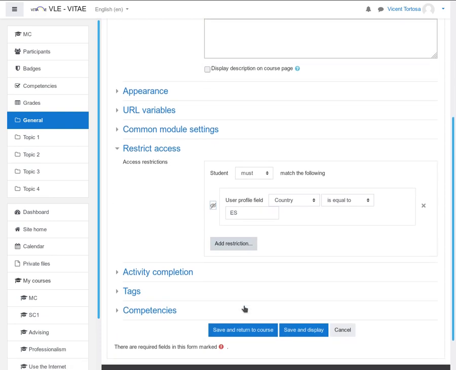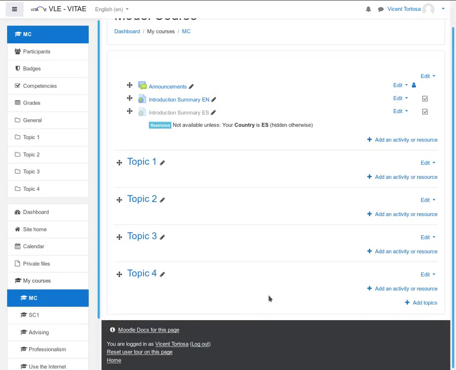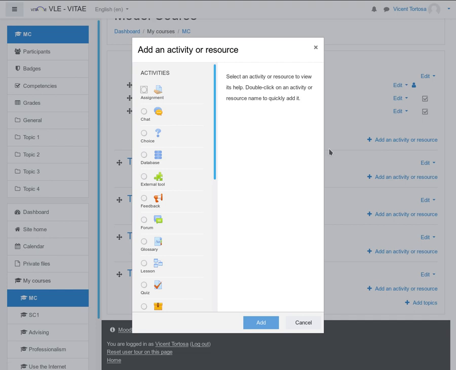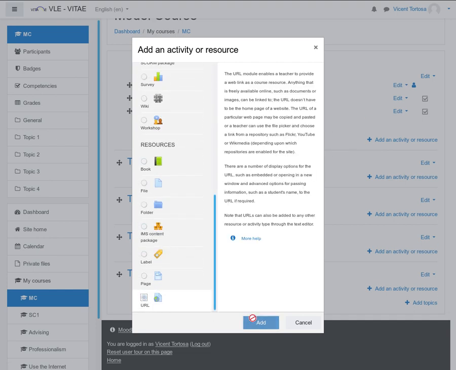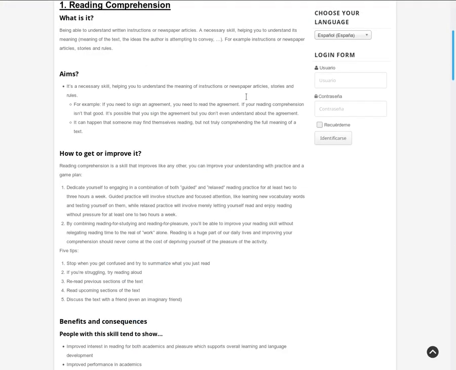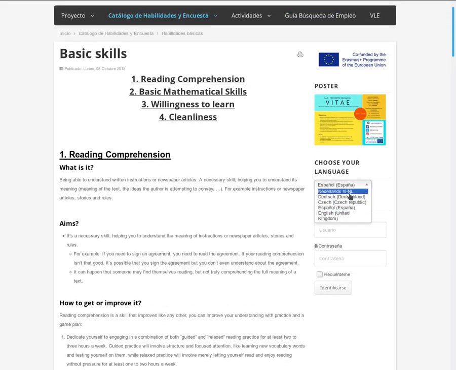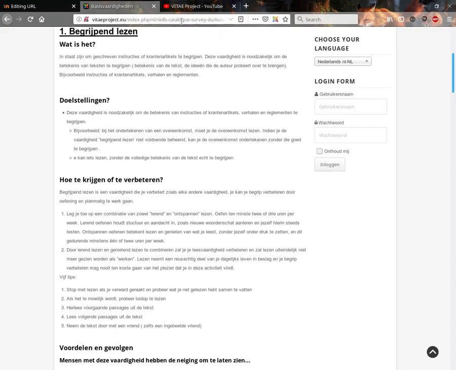Okay, so save and return. As you can see here we have the summary, but not available unless your country is Spain. Okay, so I'm going to show you another example. Add an activity or resource. For instance I'm going to add another one, but now I'm going to set it for the Netherlands. Okay, Netherlands, this is the URL now,